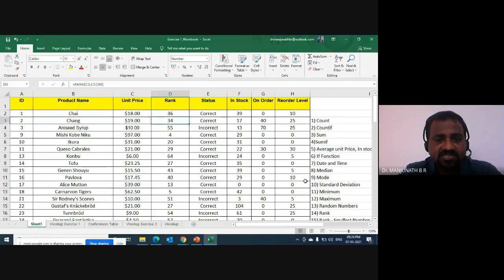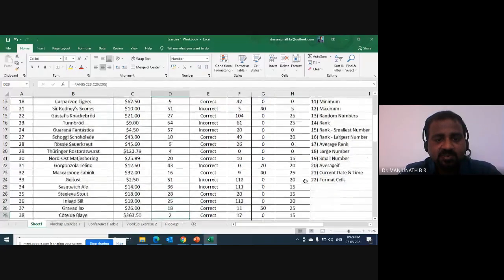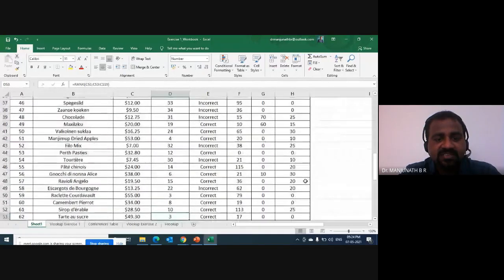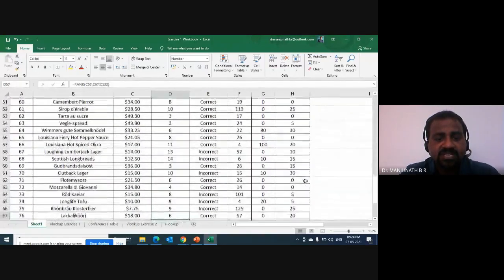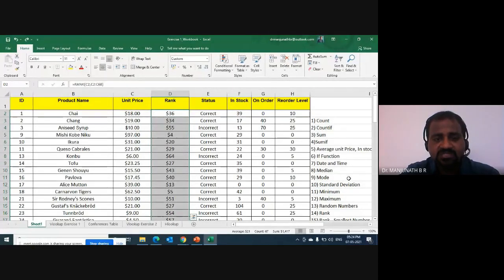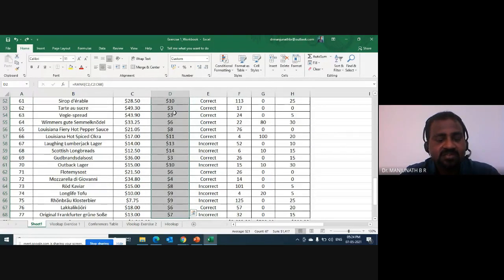If it is not matching with my screen, you're most welcome to stop me and tell me quickly. If you just scroll down, you can see a perfect number. Did it right? Once again, sir. Okay, yeah. So what I was telling is select the entire range of column D, the rank column. Control Shift down arrow key, selected it. Did you select? Yes, sir.